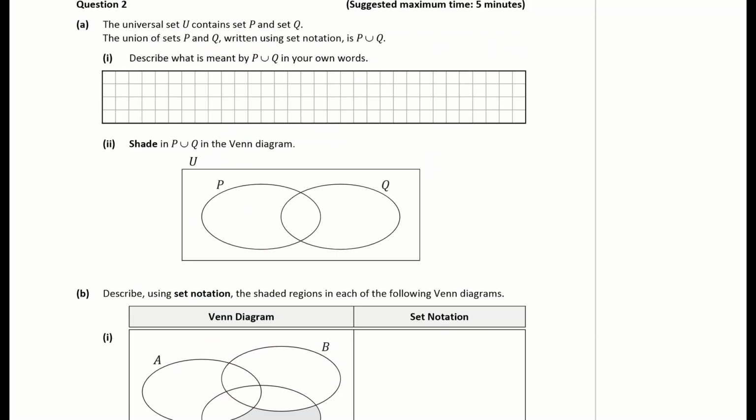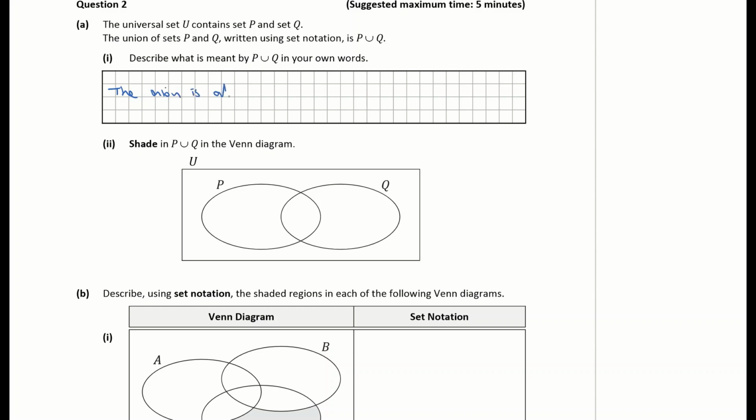So question 2a, the universal set U contains the 2 sets P and Q. The union of the sets P and Q is written in set notation as P union Q. So part 1 wants us to basically describe what is meant by P union Q in your own words. So there's many different ways we can explain it, but my explanation will be that the union